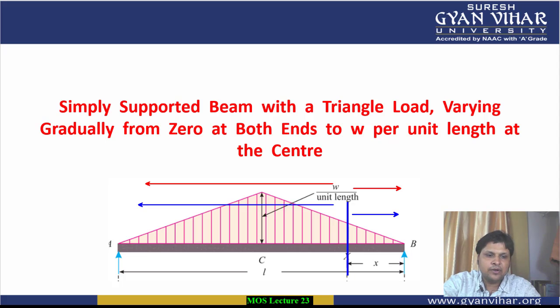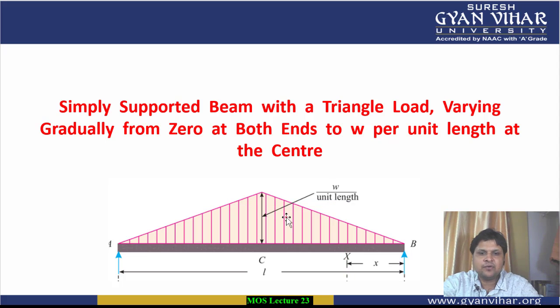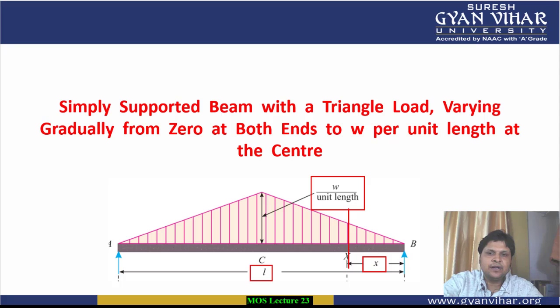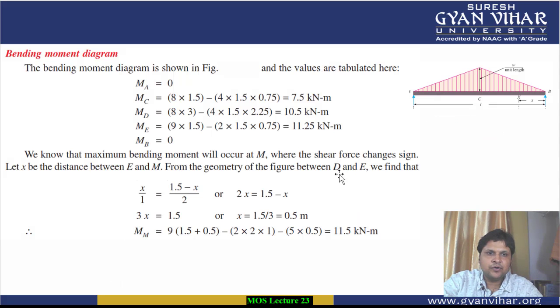Apart from that, we will also have to convert this triangular load into a point load which will be acting at its center of gravity. So let's move forward. Let us consider that the span of the beam AB is small l. The section which we are taking, students, let this section be at a distance of small x from one of the ends, say B. And let the UVL, the varying load which is acting, be equal to W per unit length.